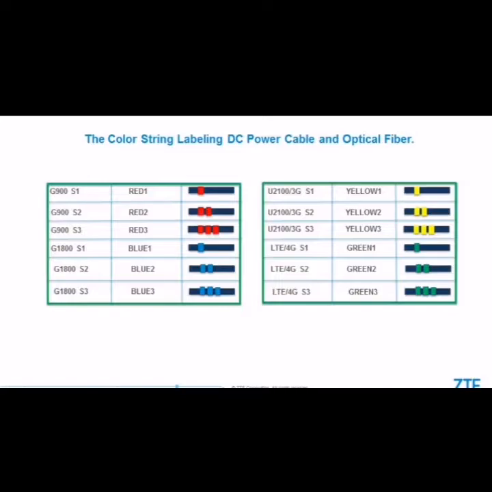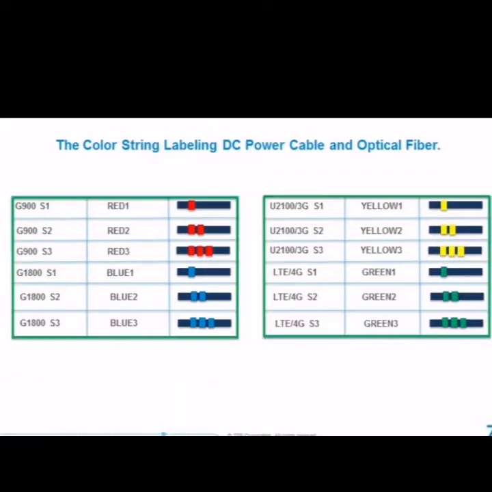For sector 1 red 1, for sector 2 red 2, and for sector 3 red 3, but it's for the 900 band. For the 1800 frequency band, it's blue 1, blue 2 and blue 3 for sector 1, 2 and 3 respectively. And for the next band, it's yellow 1, yellow 2 and yellow 3. And for LTE, for sector 1, it's green 1, green 2 and green 3. Blue 1 means you have to